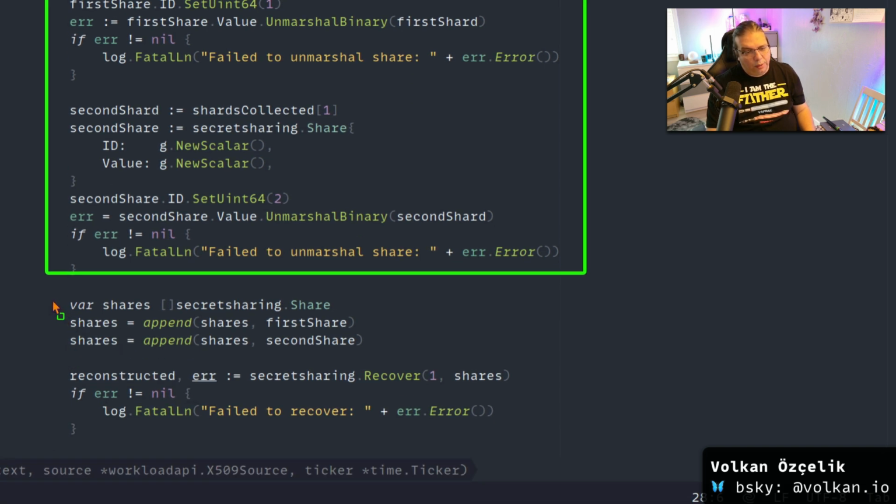So what we do is we create a collection of shares, and we got two shares from two separate keepers in this algorithm. I know that this can be made more generic, and this is done with the assumption that we have two keepers. If we have more, instead of first shard, second shard, it will be an array iteration over an index of shards. But right now it's more expressive, and it's better for the purpose of teaching this. So we append the first share and the second share that we got from our fellow peer keepers to this shares collection,